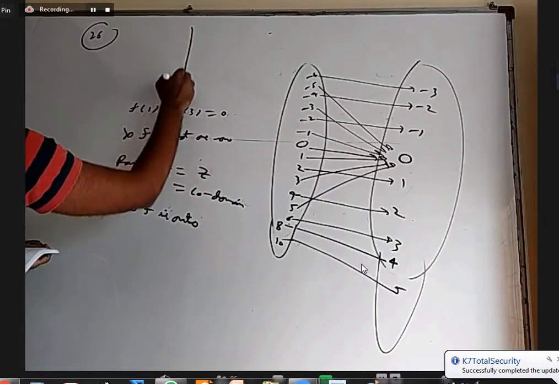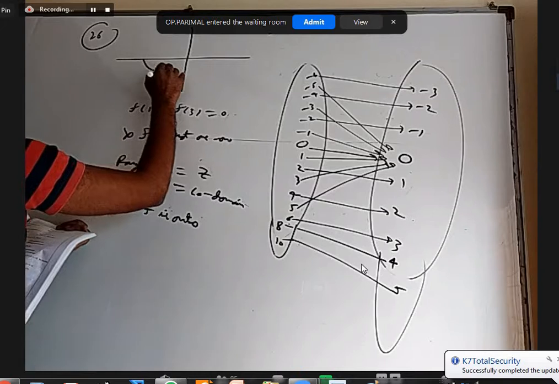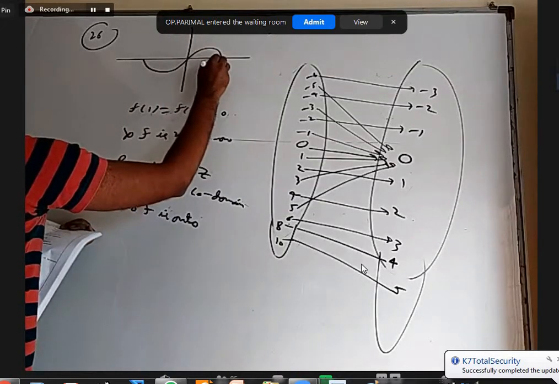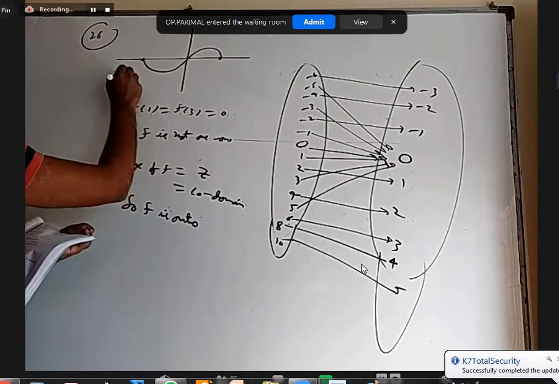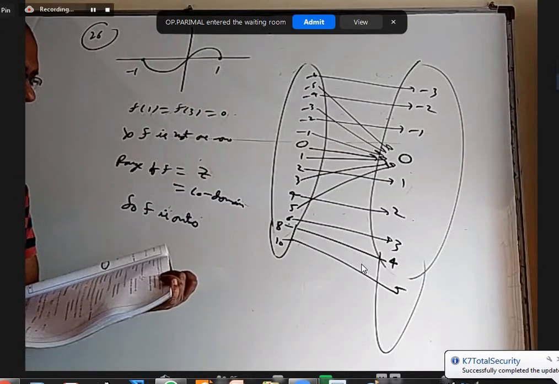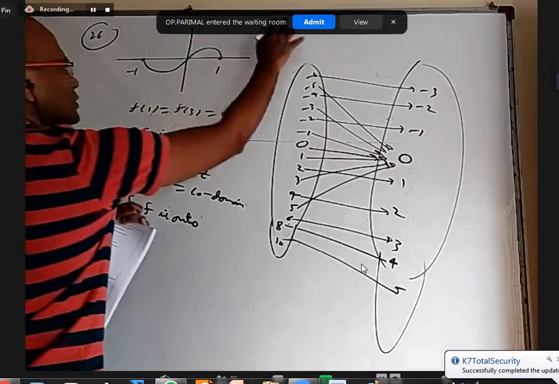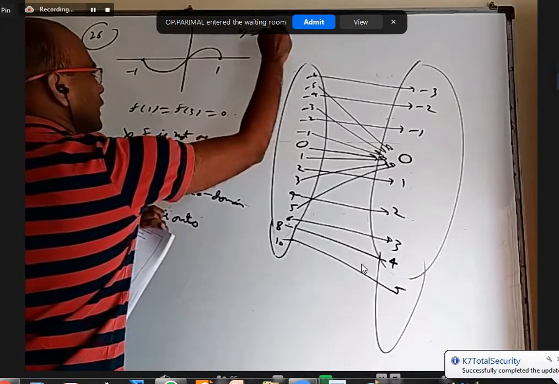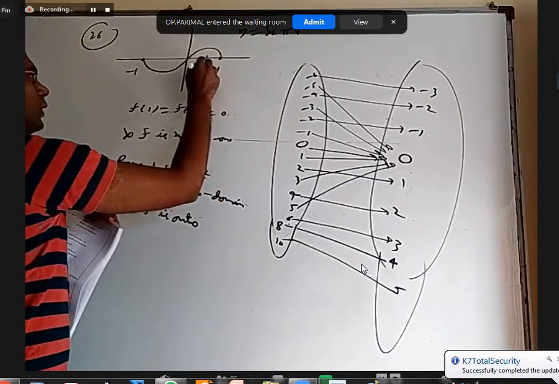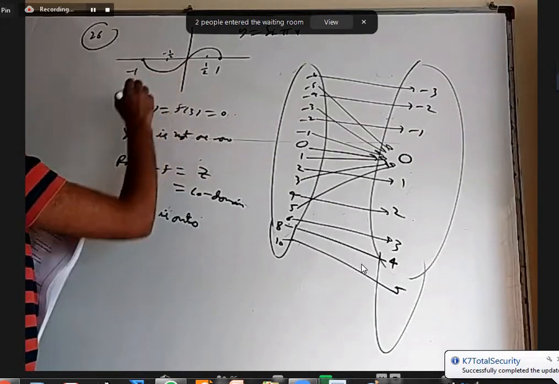Sine pi x, it is between minus pi to pi. Okay, this is the graph. This is minus 1, this is 1. When x is between minus 1 to 1, pi x is between minus pi to pi. That will cover all the 4 quadrants. So this is the graph of y equal to sine pi x. At 1 by 2 it will have maximum 1. At minus 1 by 2 it will have minimum minus 1.